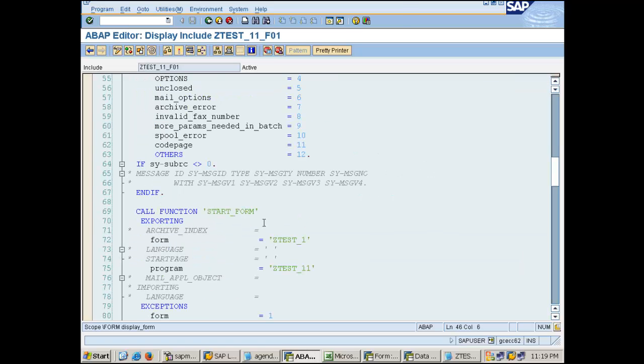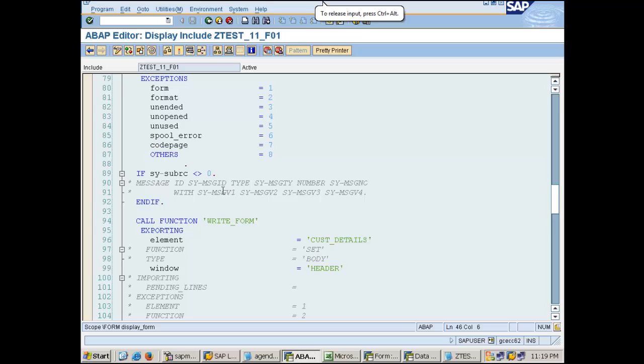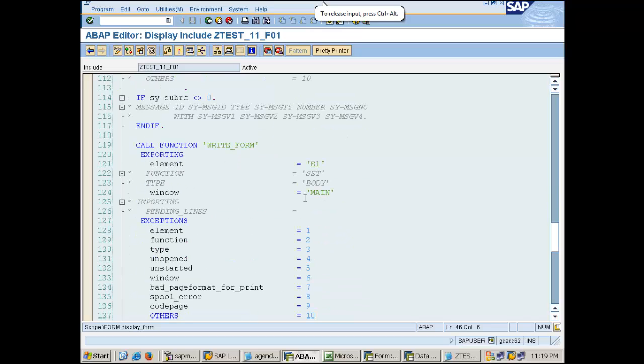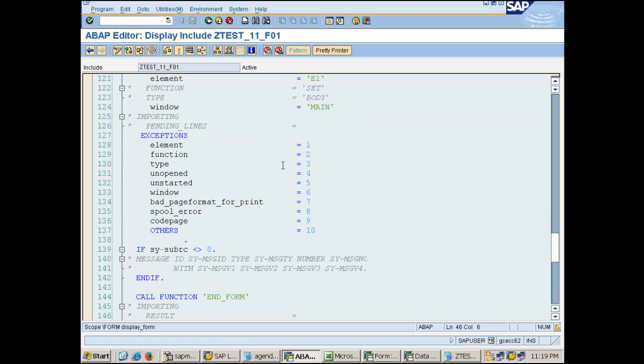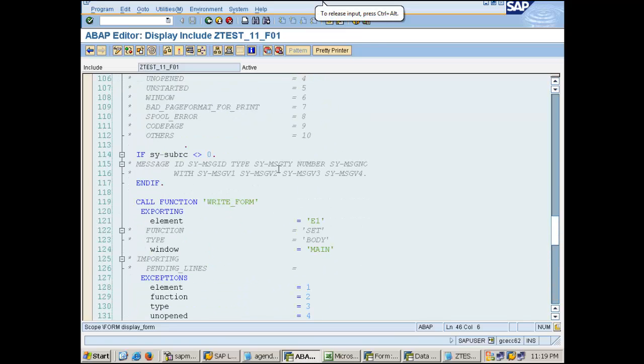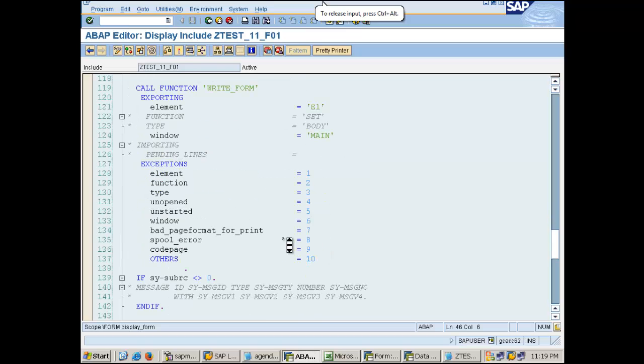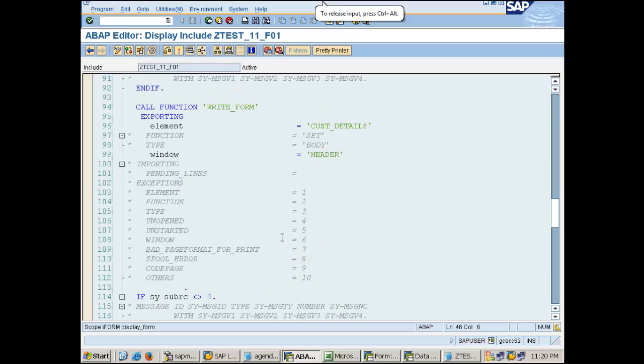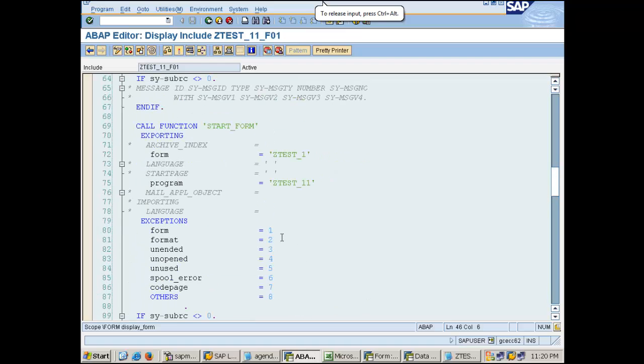So in the display form right now we are writing only one line item here, but what you can do, if you are having multiple line items, you can put a loop here and then keep on writing the multiple lines there. And then